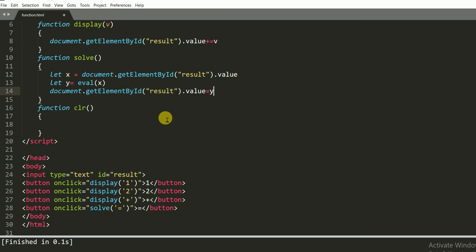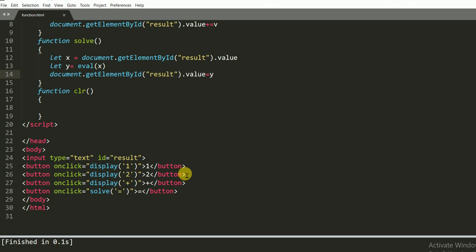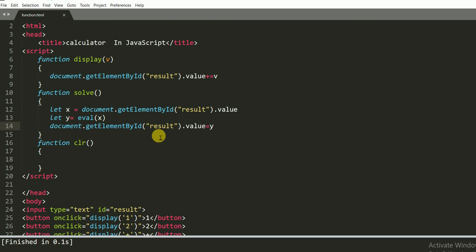So this result will be accessed by this input text. So we will see the output, 1 plus 2. So we got 3. So this is our calculator.